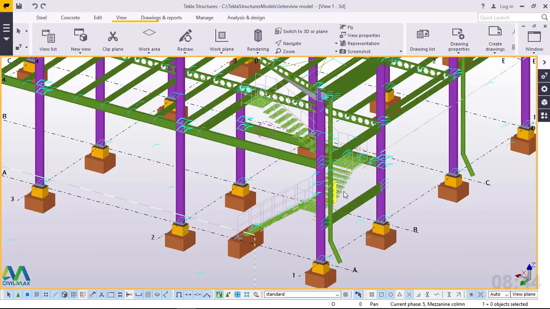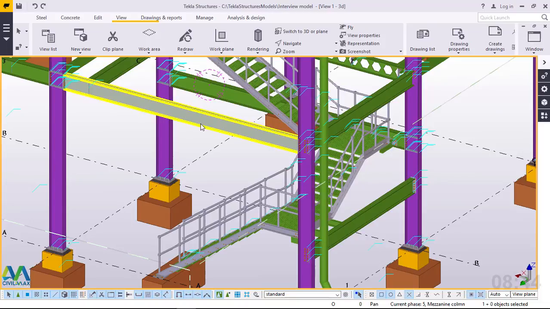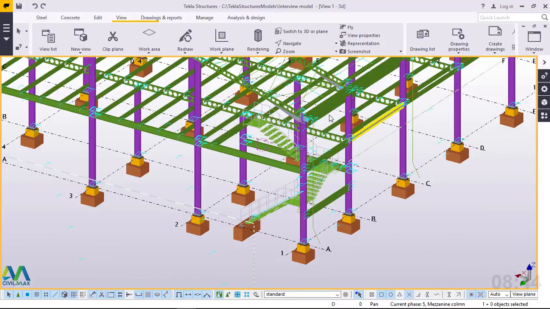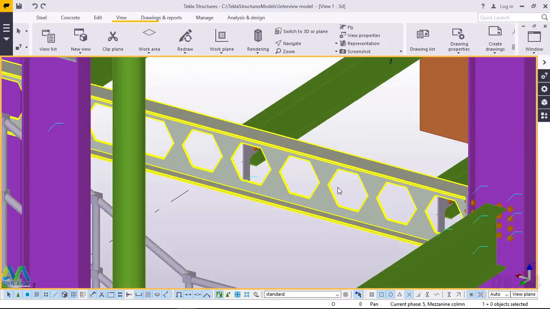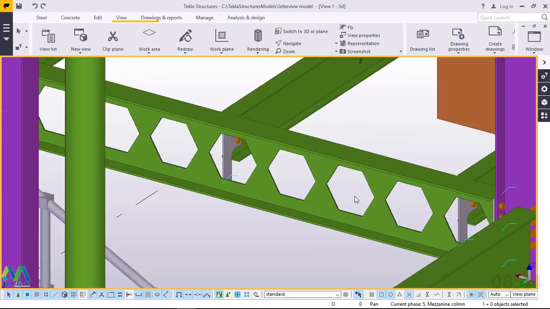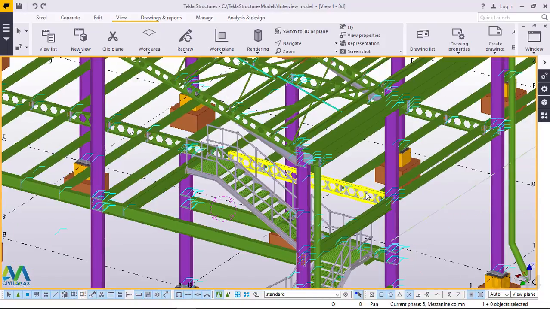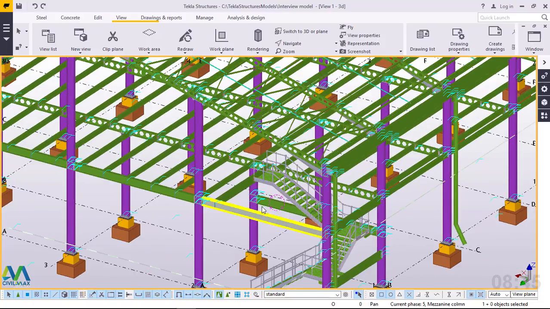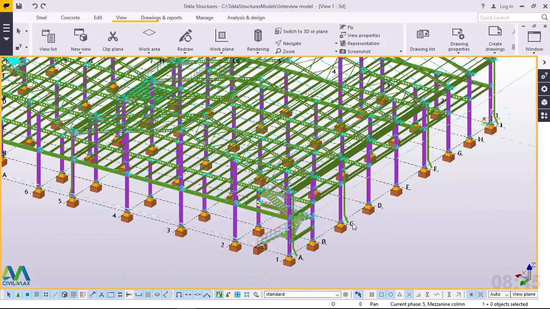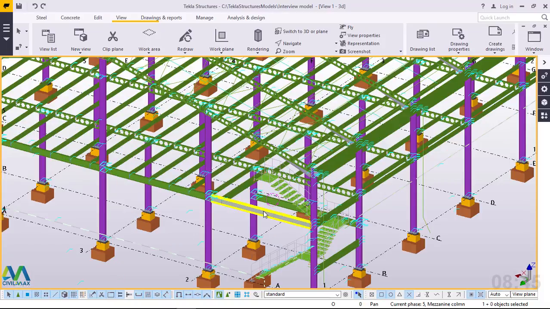Now I'll get started in showing you how to create a castellated beam the way I did it here. I'll just bring this closer. All these are customized castellated beams. I created them myself. I want to show you how to do that, and once we're done with that, I'll show you how to create elevations from grid lines. Let's say grid line C or B or E. Now let's first of all start with creating the castellated